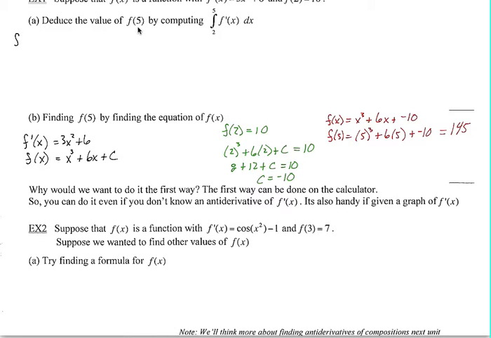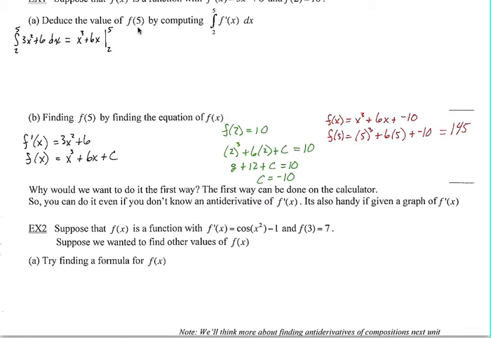We have the integral from 2 to 5 of this function, 3x squared plus 6 dx. If we do this out, we will get x cubed plus 6x from 2 to 5,